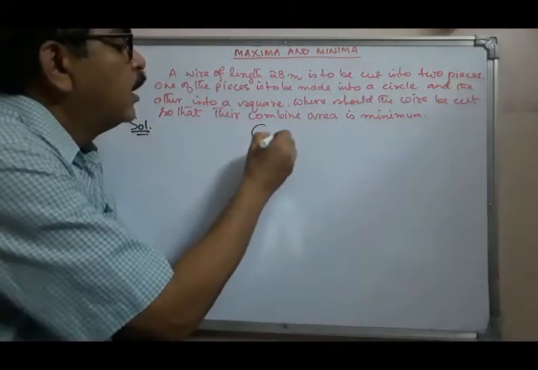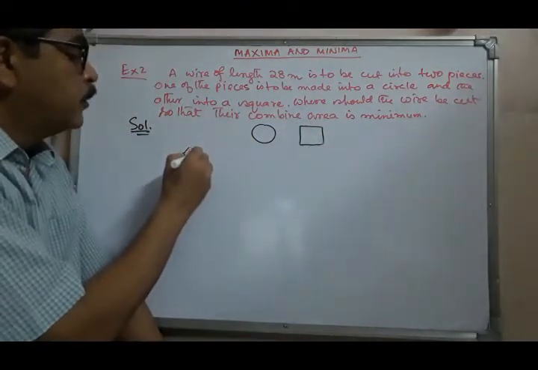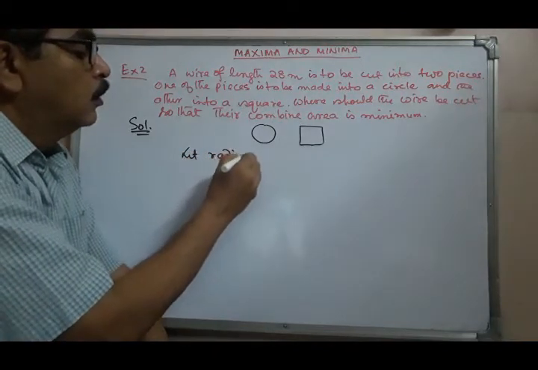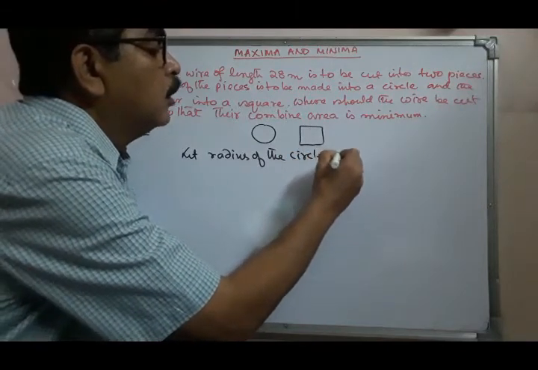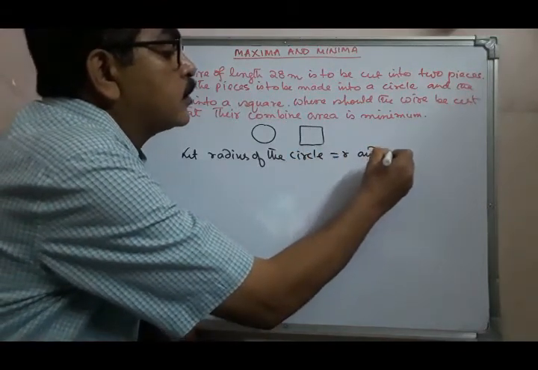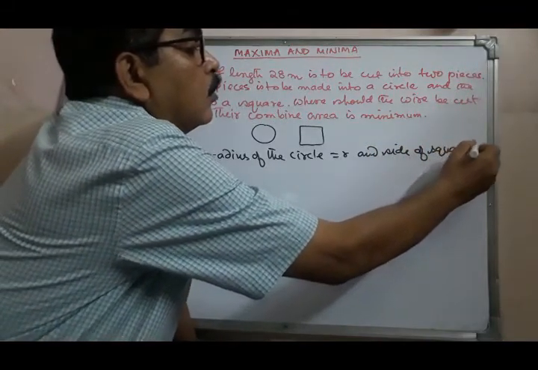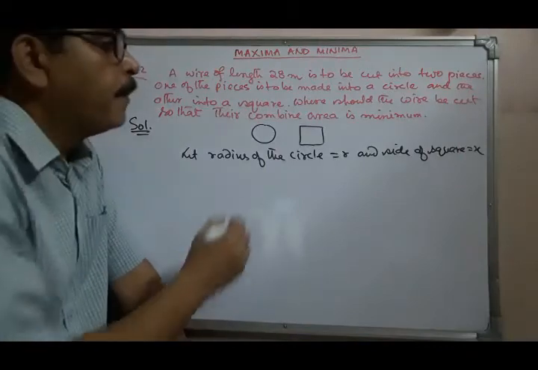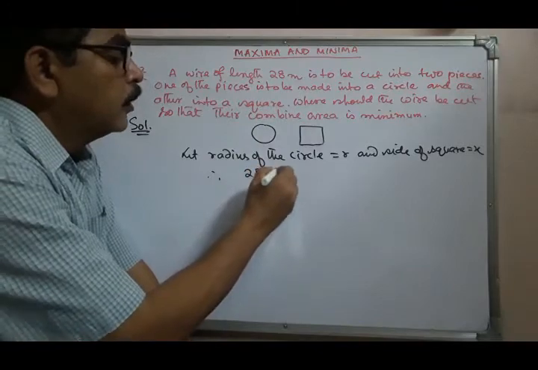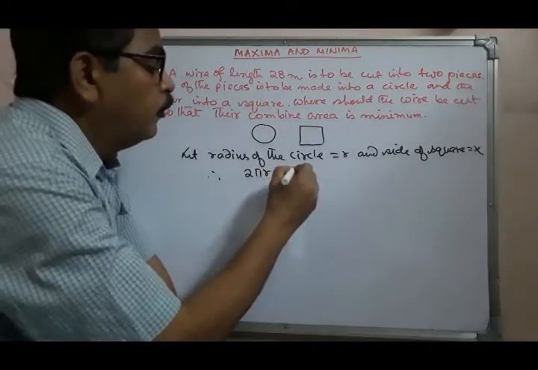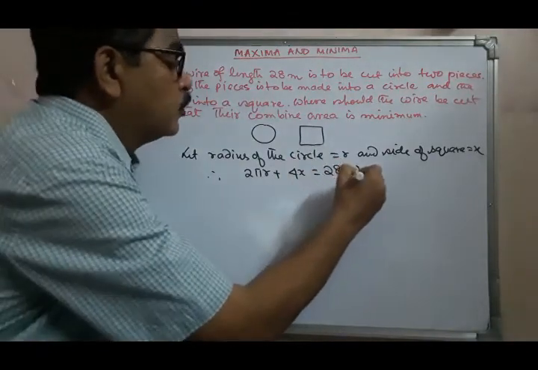So one is a circle, another is a square. Let the radius of the circle be r and the side of the square be x. Therefore, the perimeter of the circle is 2 pi r plus the perimeter of the square is 4x, that is equal to 28. So from here we are getting